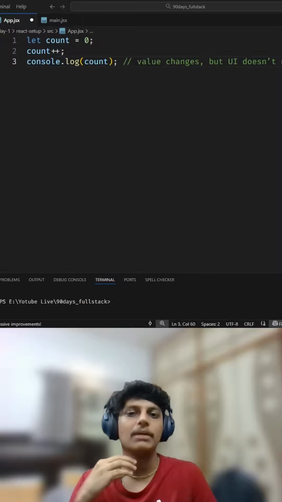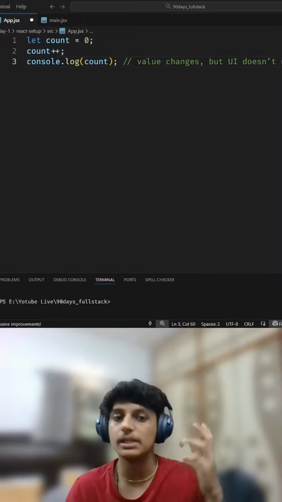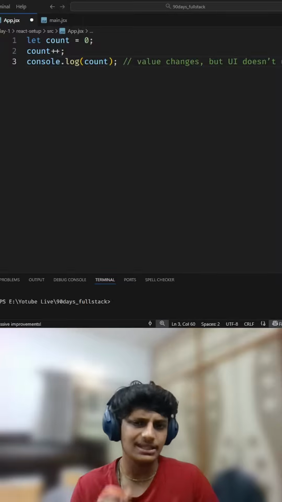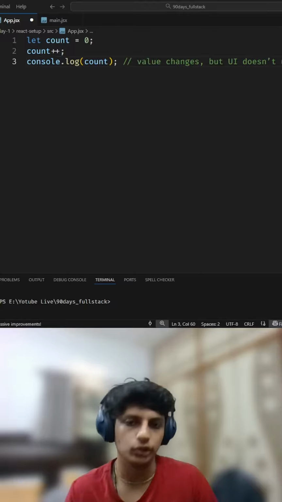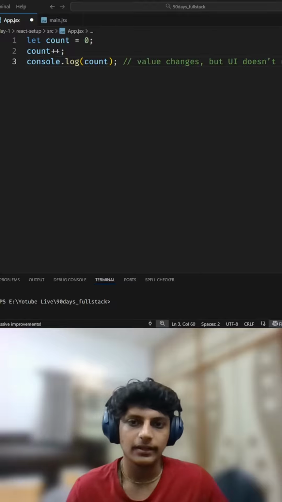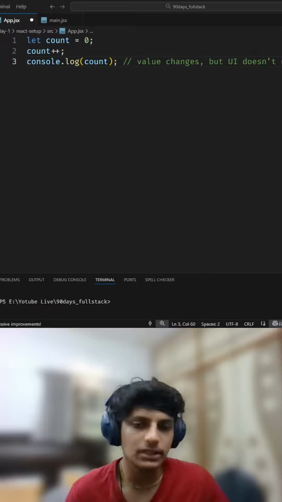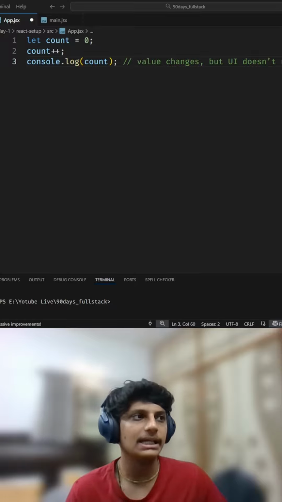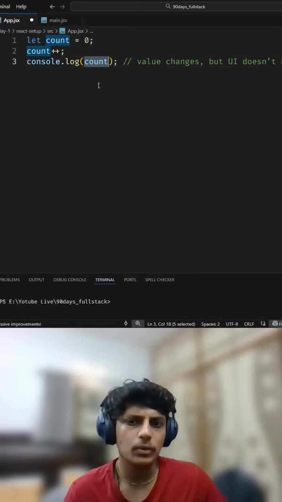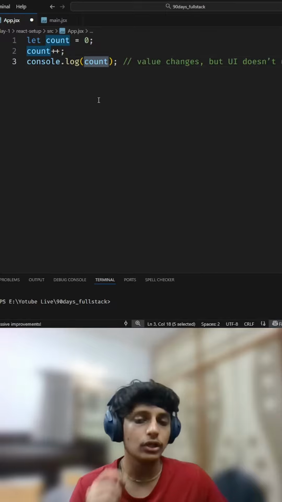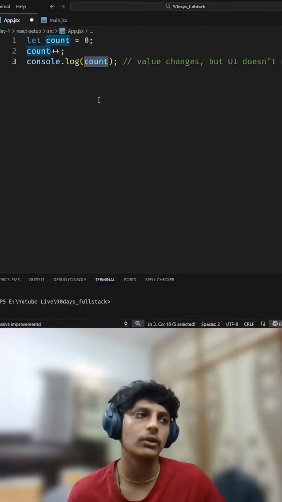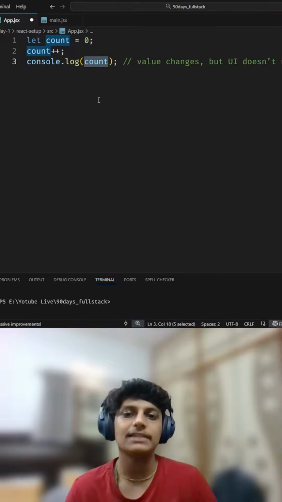State is just some data that your computer can remember, उसे याद रख सके. And whenever it changes, React updates the UI for you. Now, let's say, for example, I have this piece of code on my screen: let count is equal to 0, count plus plus, and I have console logged the count. So what will happen is, if you try this with a normal variable, React won't update your screen. इससे स्क्रीन अपडेट नहीं होगी. That's where use